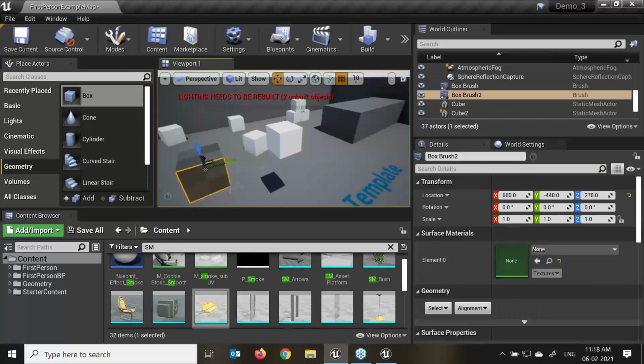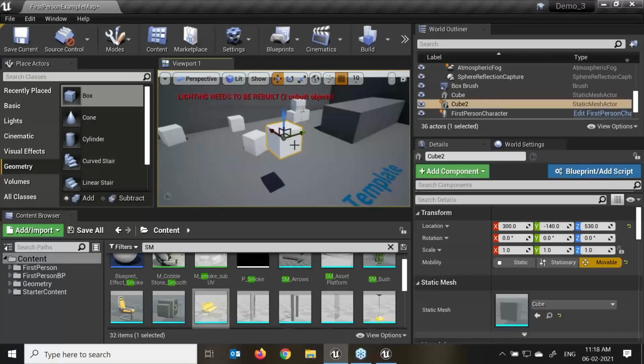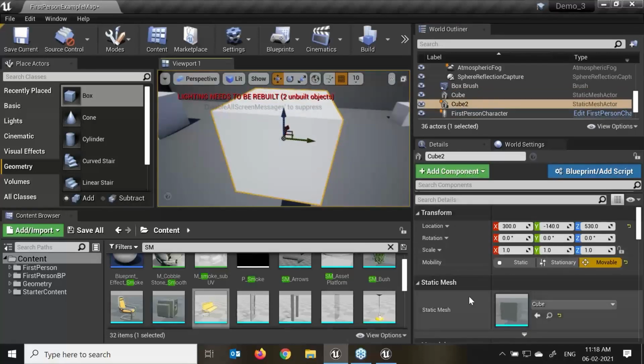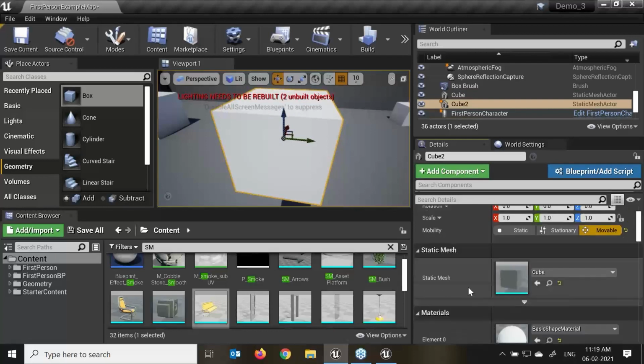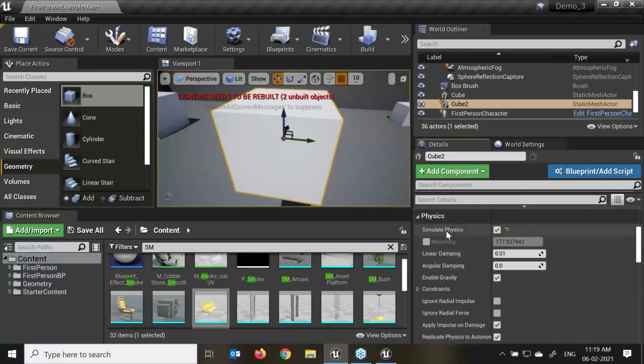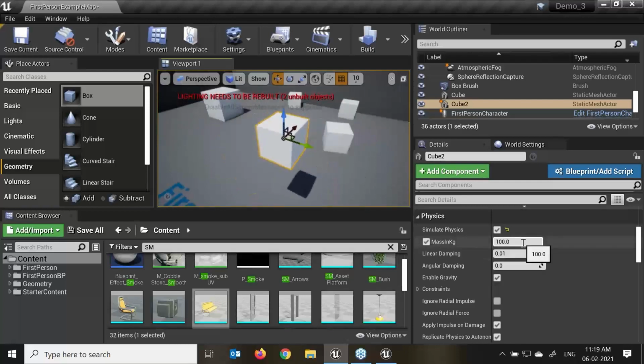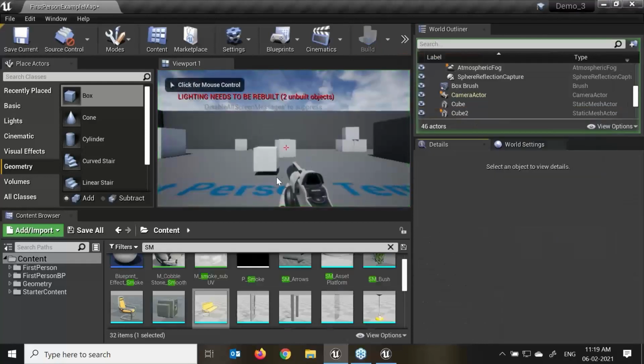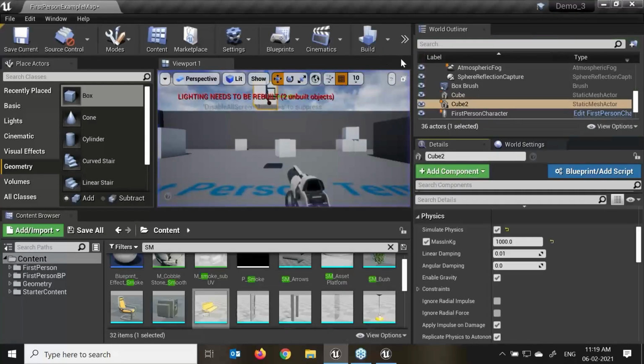Select this and just delete it, the box cubes, and just delete that. Now we'll discuss more about this on the static mesh. If I select it and go down, here we have the mass. If I give a higher value to the mass, it will become heavier. For example, say 1000 kg, and just start to play. Here you can see it has become much heavier, with the mass in kg over here, right?